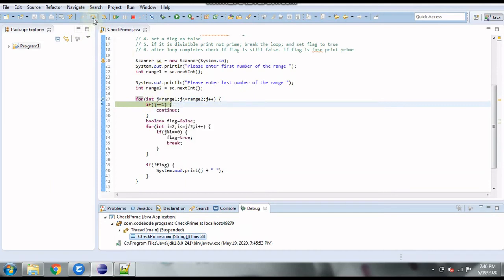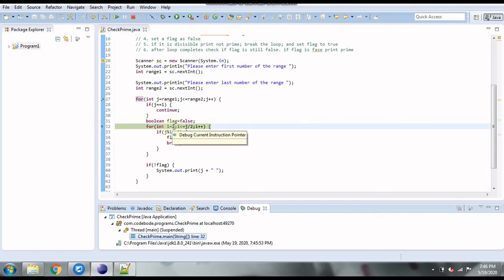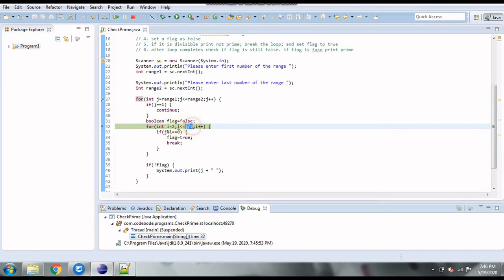It comes to the for loop, and here for j equal to 2, the loop will begin from I equal to 2, and 2 divided by 2 is 1. So I equal to 2 is greater than this condition. So the control is not going to go inside the loop, because it should be from I equal to 2 to the greater condition, because that is how a for loop works.